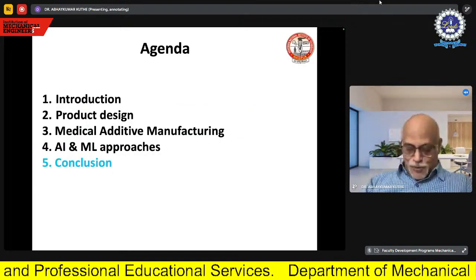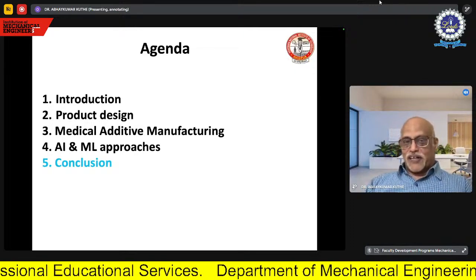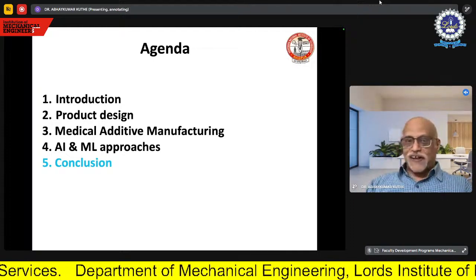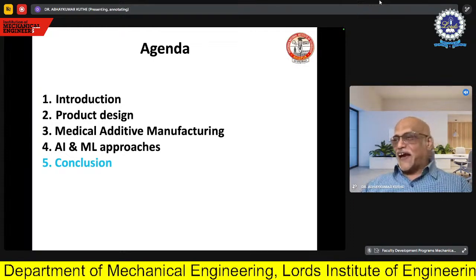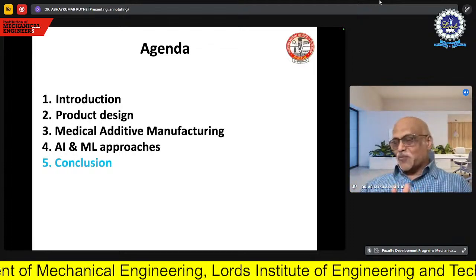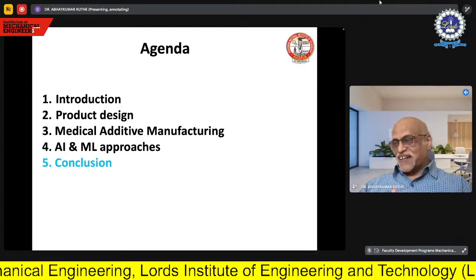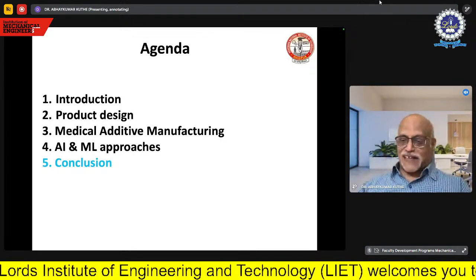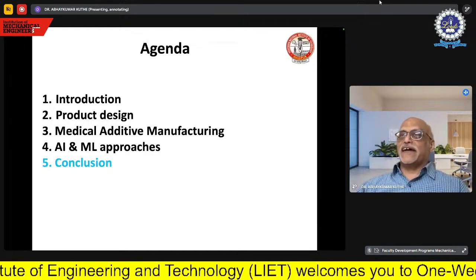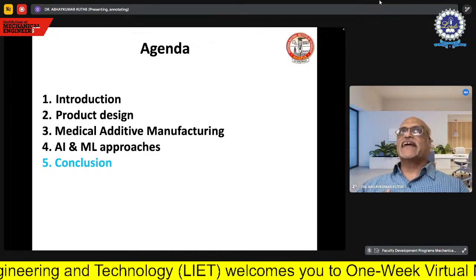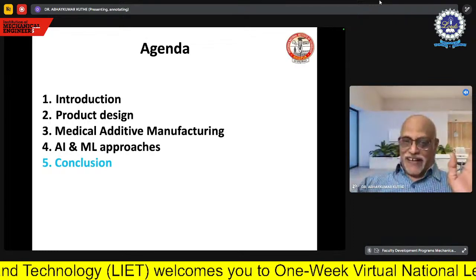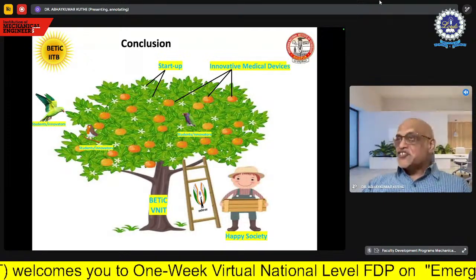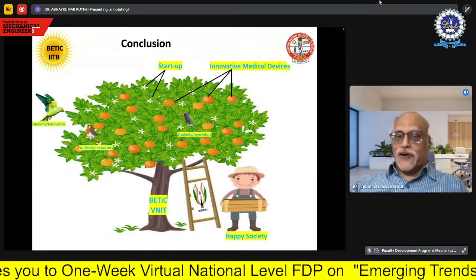So finally, the conclusion. I hope it will be quite interesting for me to talk about the conclusion, because I should give more time for the discussion also later on. I'm happy to tell you that the conclusion I have not shown in text, but more in figures or pictures, because I think a picture is worth 1,000 words. Another interesting point I always look at is that the conclusion should be remembered forever. Okay, so here the conclusion is like this orange tree, because in Nagpur we have a lot of oranges.